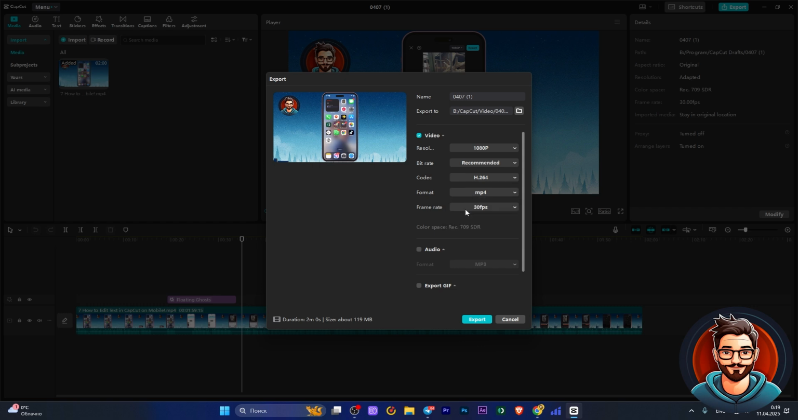Frame rate, pick a frame rate that fits your project. 24, 30 or 60 FPS are popular choices. To understand this, you need to go find the folder with your original video and look at its frame